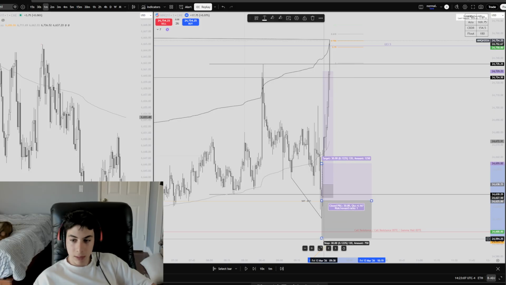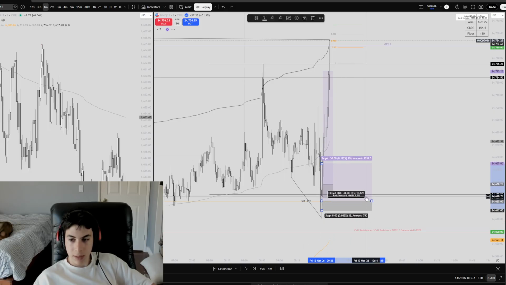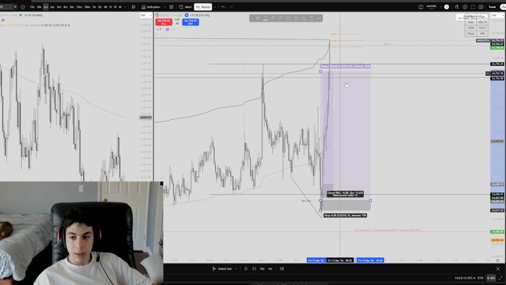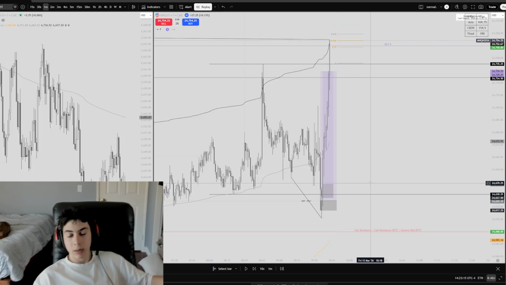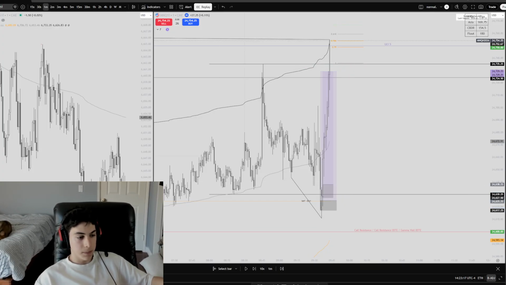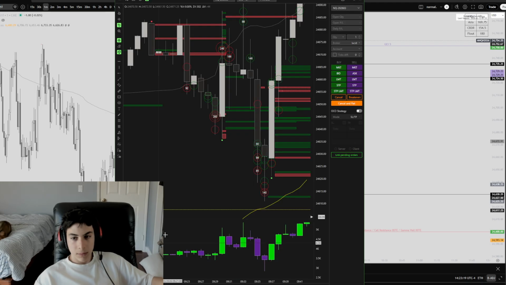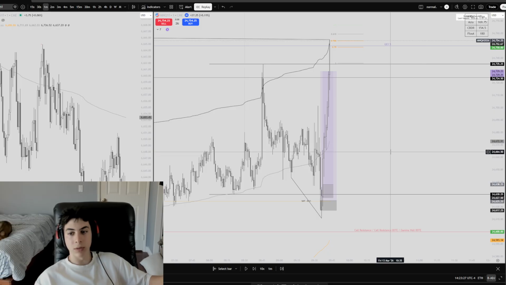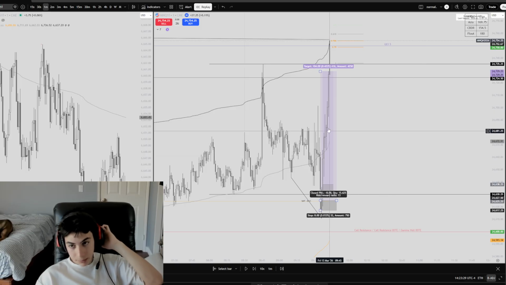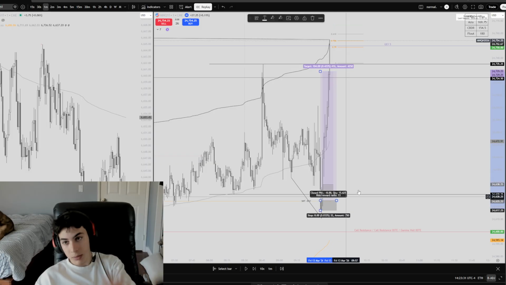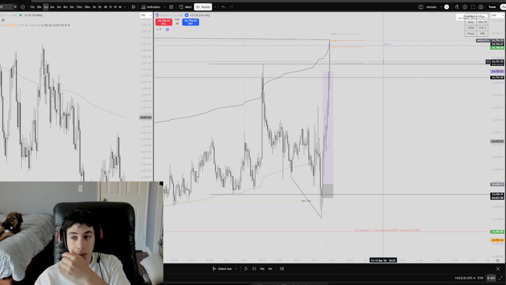Now, I think I did try, so I made like 2k on this trade, but I did try a long around here, which did get stopped for very little. It was the same idea, because at this point we were getting failed sellers, we were getting a lot of buyers, but it was a lighter entry, like $200 risk,